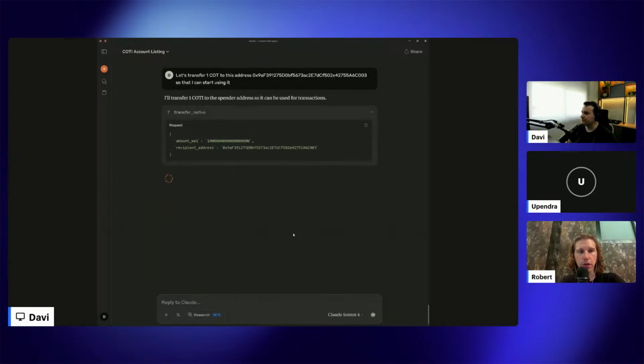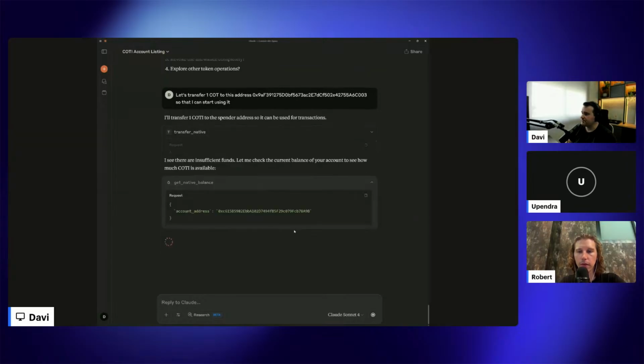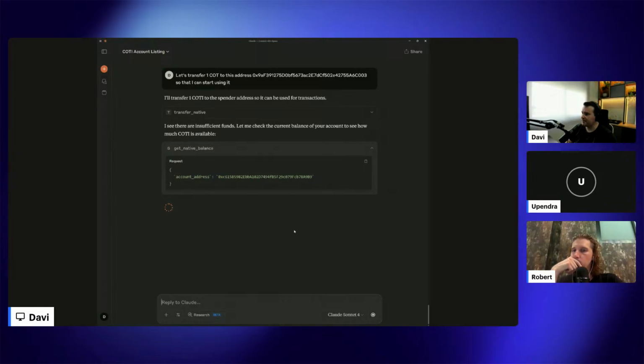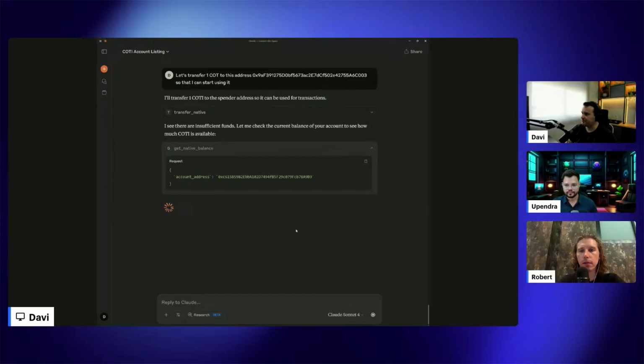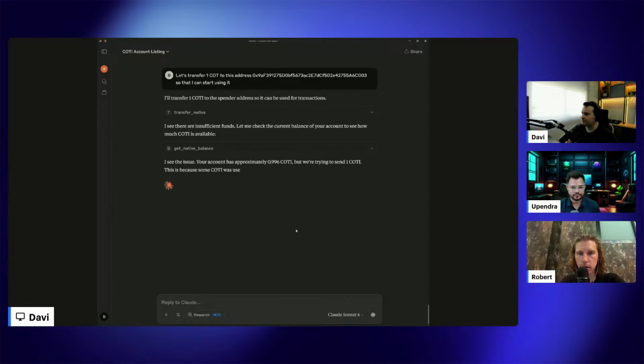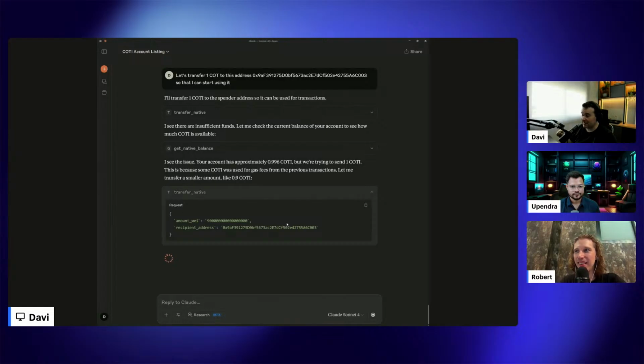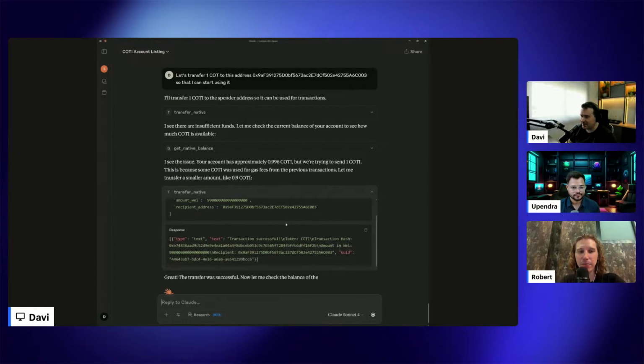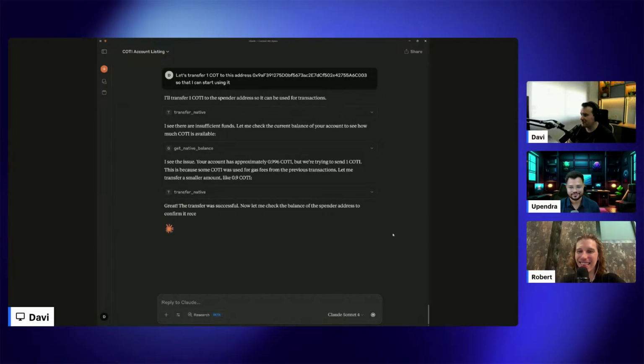And otherwise you could revoke this one and allow the other one you already have to spend on behalf. Exactly. I can actually do that. Yep. It's trying to transfer from my previous account that's less than one COTI. So it's transferring 0.9. Yeah. At least it's persistent. Yeah, great.